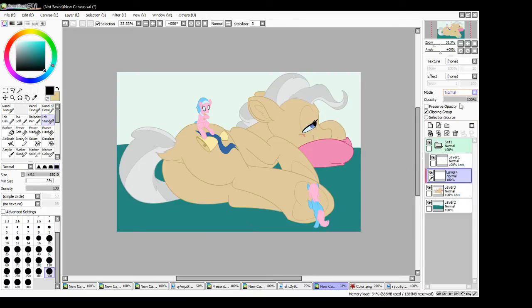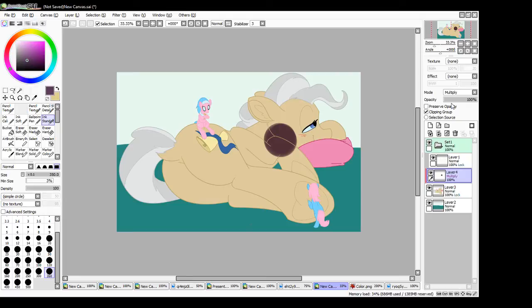Psy has a bunch of different layer modes, which I'll talk about. The one we want for shading purposes is going to be multiply. Here, this is normal. If we've got a purple here, and I do a normal layer, then it just colors normal purple. I can reduce the opacity a little bit, or a lot, and it's basically how much of that layer shows up. If I do multiply, though,